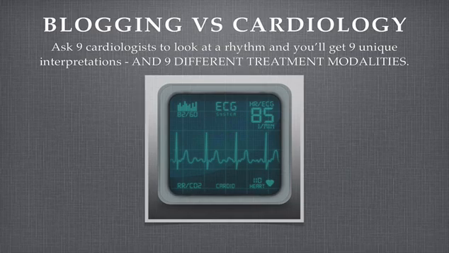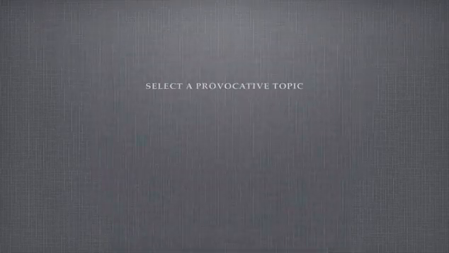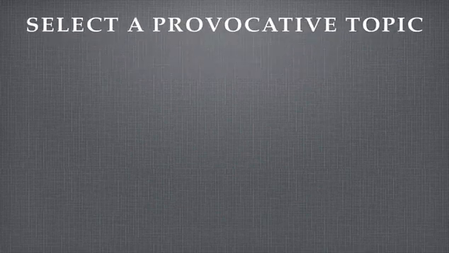And we're going to go over some steps and some good practices in order to create, hopefully, some good habits for you to start repeating over and over again on your blog. And I think it all starts with doing a little bit of research and selecting a provocative topic. Now, when I say provocative, I mean creating a topic that's trendy, that's in demand, that people want to know more about, and that will provoke the user to take an action.